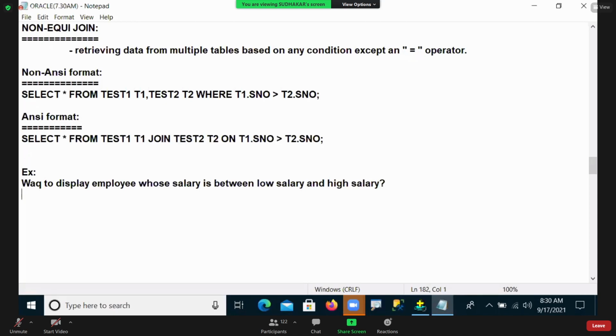So what is my next requirement? Write a query to display employees whose salary is between low salary and high salary. Low and high salaries, between which the employee salary lies. So those employees I want. Question understood? So now let me proceed.